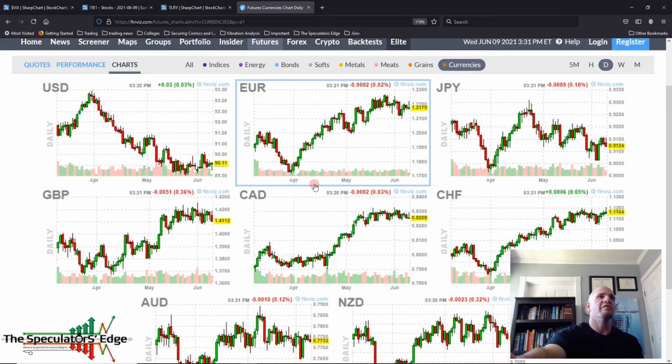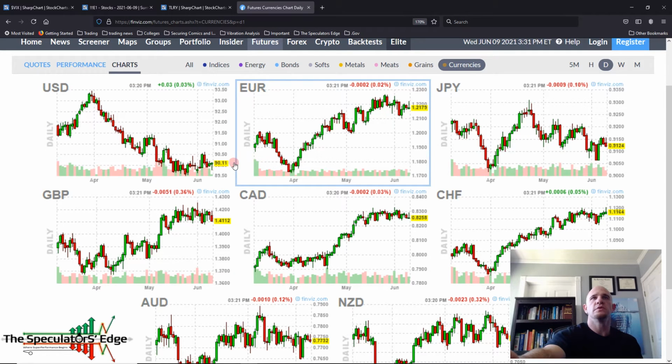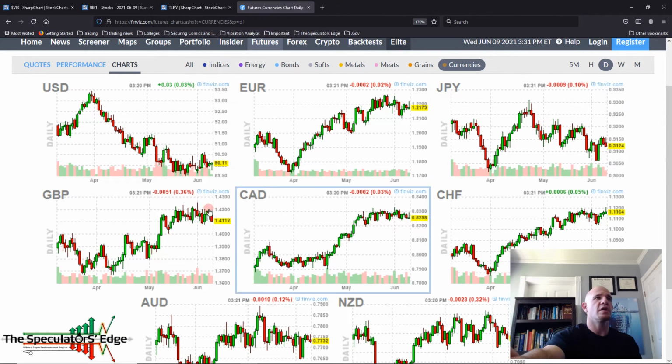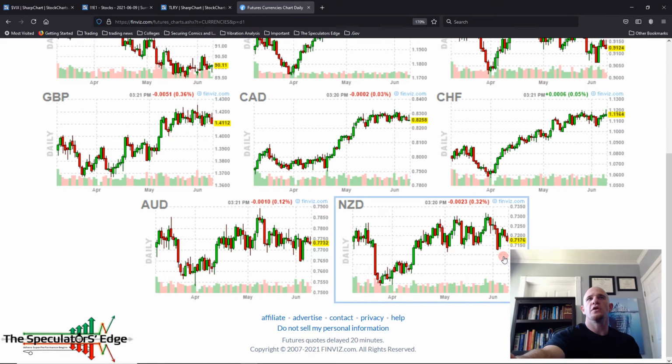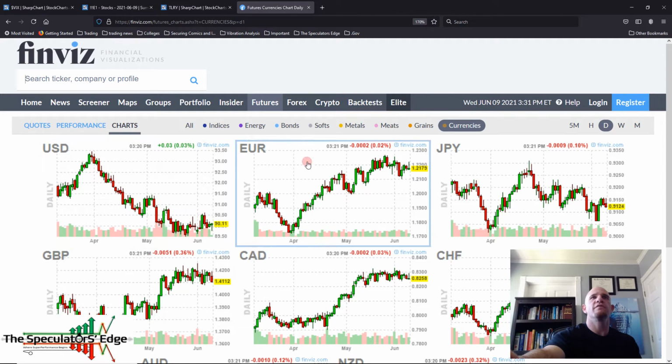We do have the U.S. dollar kind of bottoming out here. That's good for the U.S. dollar, of course. So other Japanese yen looks like it's ready to fall again. The British pound looking ready to fall here. Most of these other currencies looking ready to fall, except U.S. dollar looks like it's trying to straighten itself up and bottom out right here for the last month and a half. So it looks pretty good.